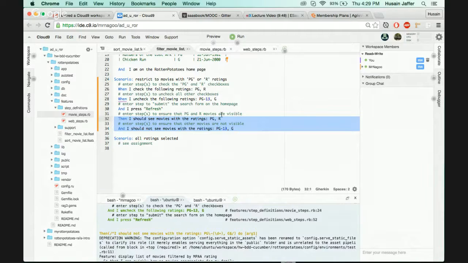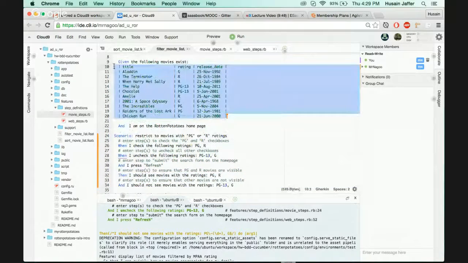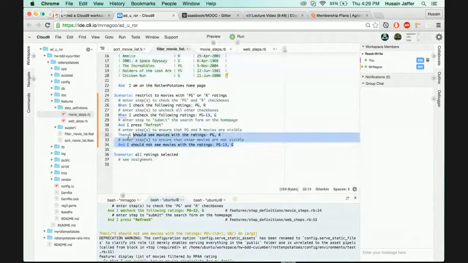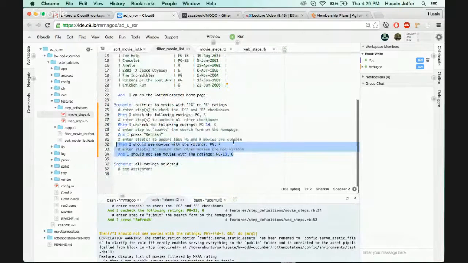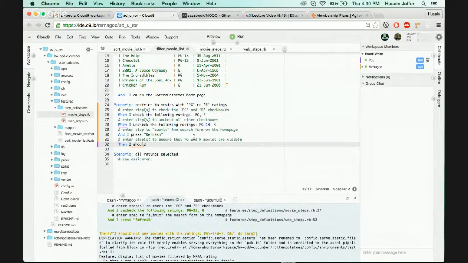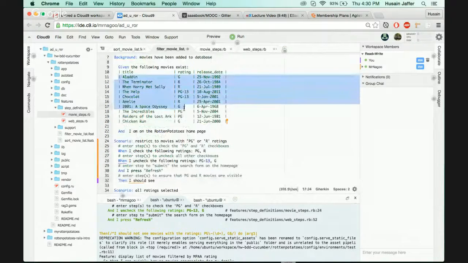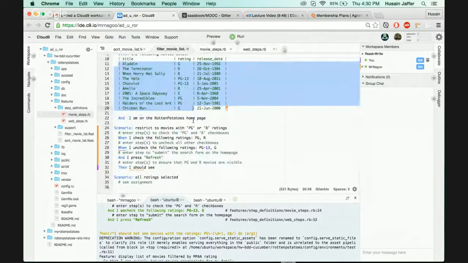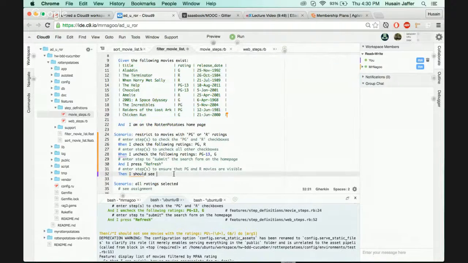Basically, what they want to do is you see this table, right? Now there's a way of saying "then I should see movies with the ratings" and "I should not see movies with the rating of that." And I've done that, and then I submitted it on edX, and they failed me on the assignment. So I had to do it again. And it turns out it's "then I should see" all the list of stuff with R and PG. So I should see